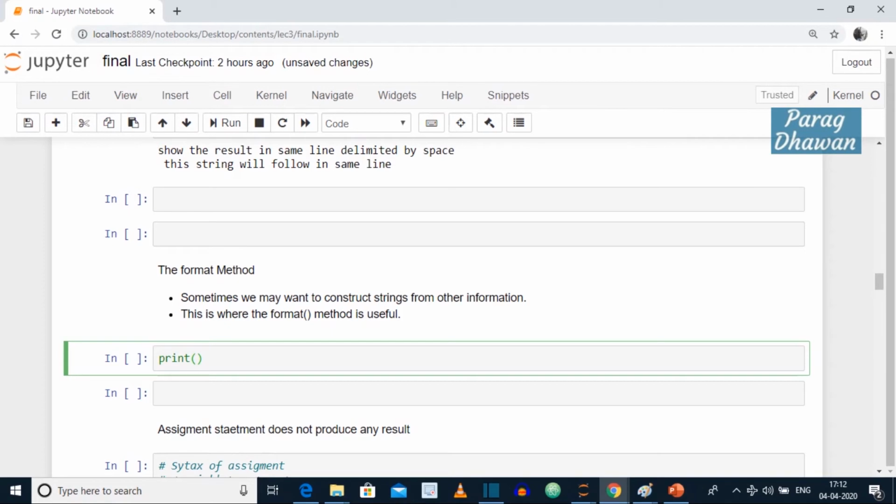We are printing a string, therefore opening and closing double quotes, with a placeholder where the value of the string will be placed.